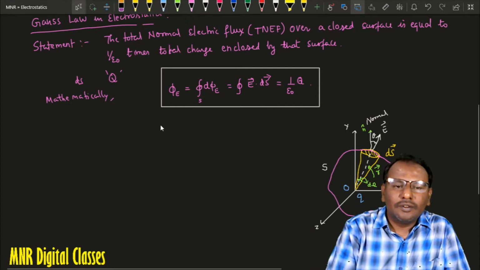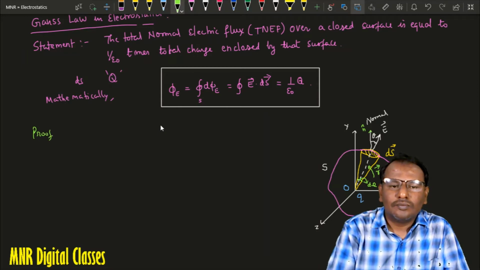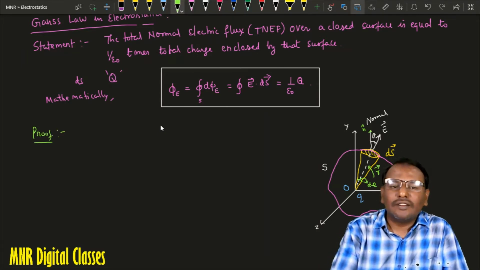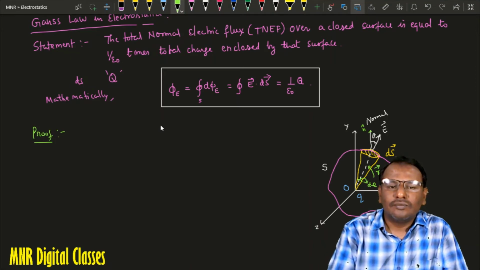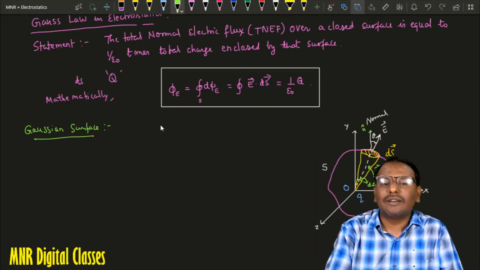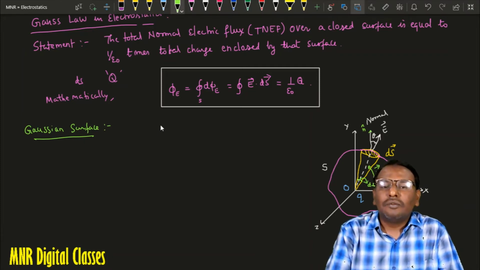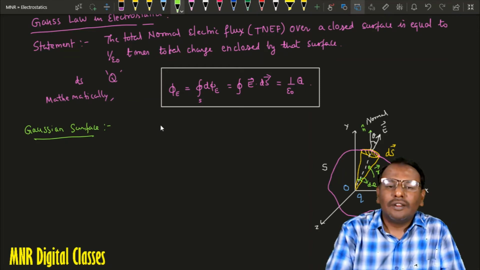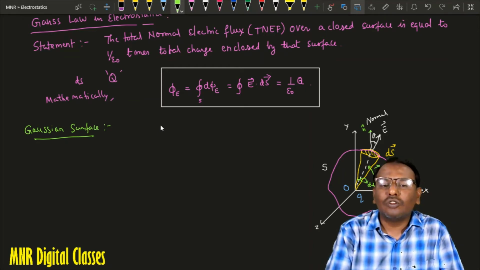Now to prove this, let us consider a surface. Before that, let us define one term, Gaussian surface. To apply the Gauss theorem to any system of charges, the procedure is we need to consider a closed surface. This imaginary or hypothetical closed surface over which the Gauss theorem is applied to evaluate the electric field is called